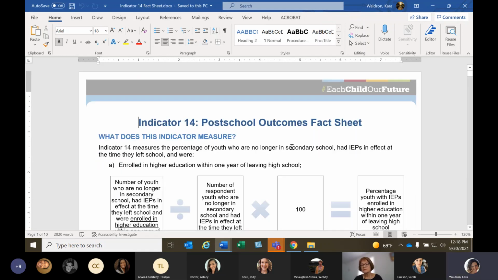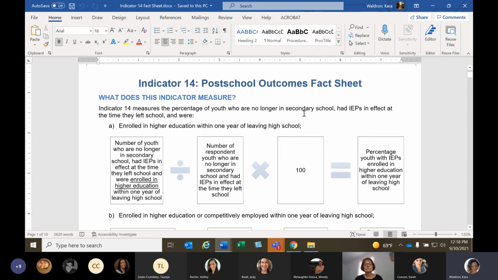Indicator 14. There are some that, if one does get into an argument at happy hour over what's the best indicator, and I mean really, who doesn't, they argue that post-school outcomes is the ultimate indicator. They would say, I would think Amy and her team would say, that this really is about everything that we're doing between the ages of 3 and 21, and certainly even before age 3, is to get to this point about what's happening right after they leave us, after our students with disabilities leave